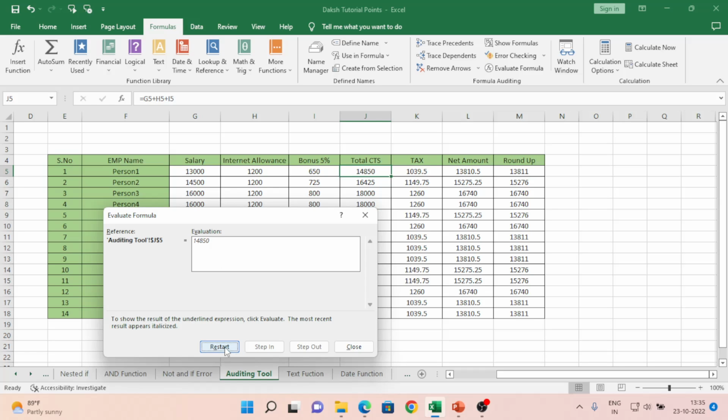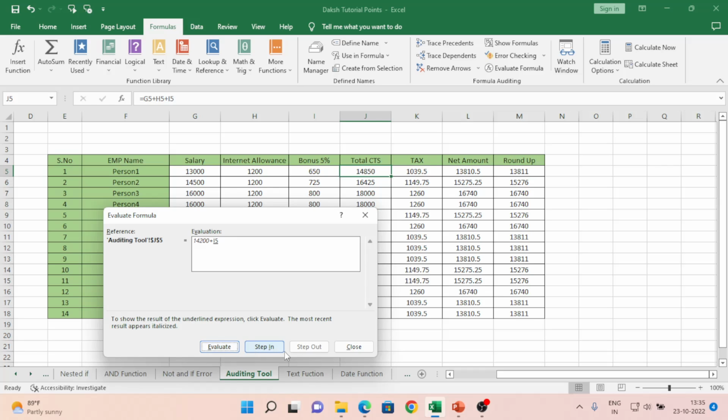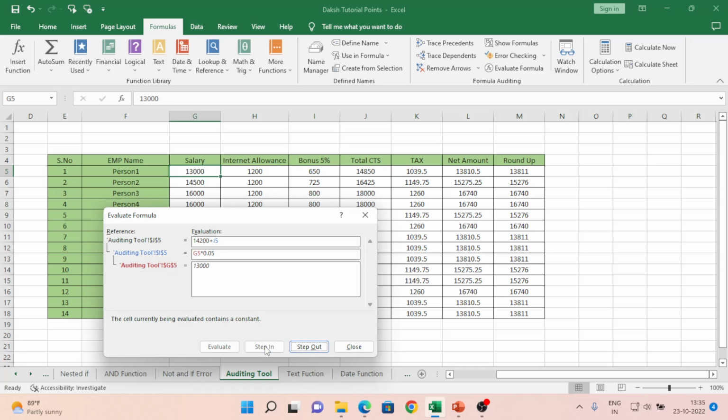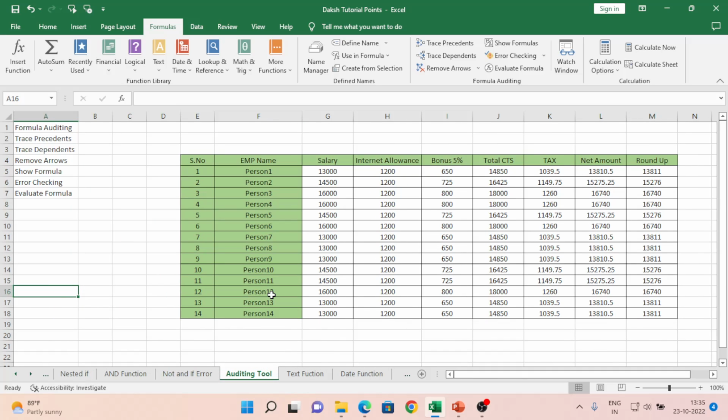If I click on restart, again it will step in and break down what the G5 value is. Step out, step in, step out. If I step in again, it will show what the value in there is, how it happened, right? Step in, step out. So this is the way we can evaluate the formula. Next we have